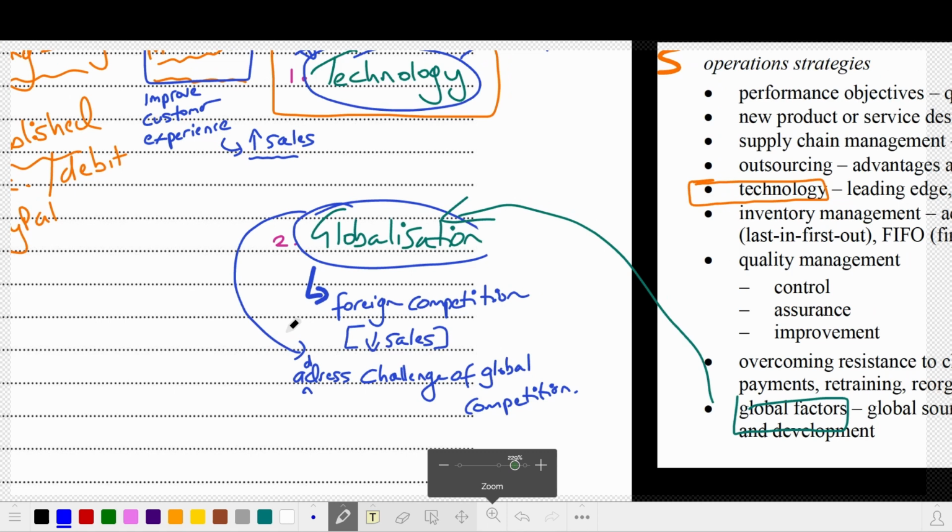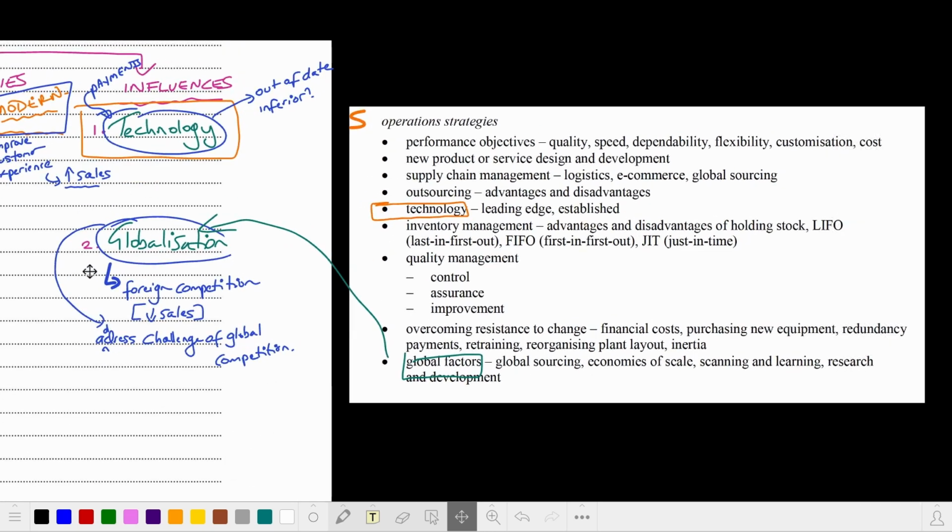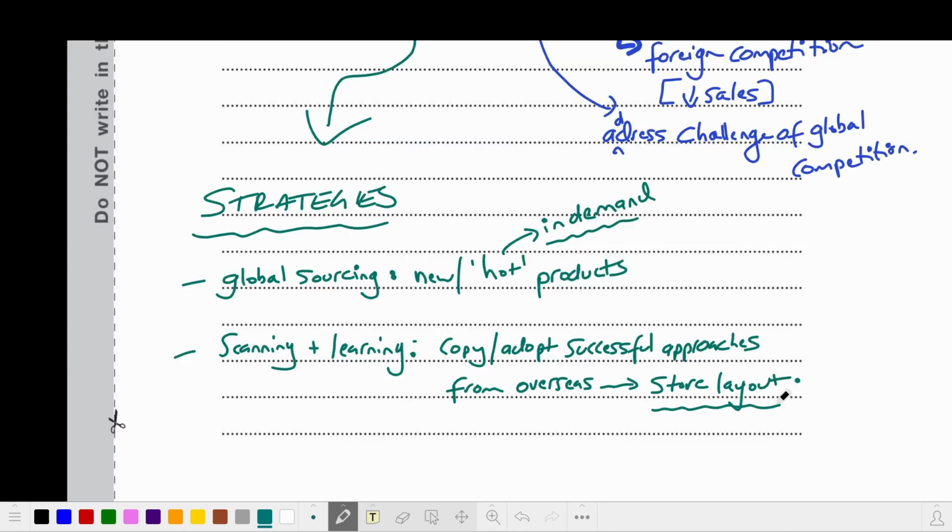So if we zoom out a little bit and we think about, okay, what strategies would we use here? I think that I would talk about things like global sourcing in terms of products. And I think scanning and learning would also be useful, because maybe we could copy the successful things that work overseas in terms of stores and also products. So in talking about the strategies, one would be global sourcing, and here we're looking at new and hot, probably in demand is a better way to explain it, products from overseas, and that will hopefully increase sales by giving